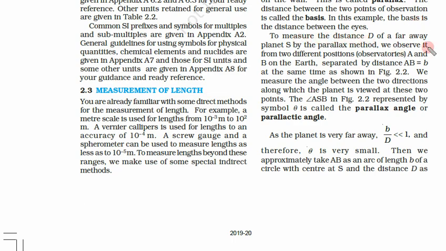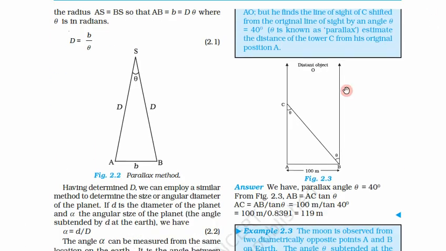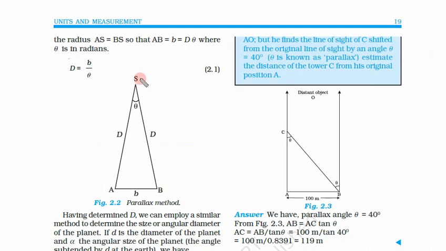To measure the distance, let us see the figure first, then we will discuss. So here is the figure. Suppose this is our left eye, this is our right eye, and this distance is the basis. Now we want to measure this distance d. What is the distance of this object S from our eye or point of observation? Point of observation means the place from where we are seeing this thing. So what we see is that this is a star. We are measuring it from point A. We are measuring its distance from point B.